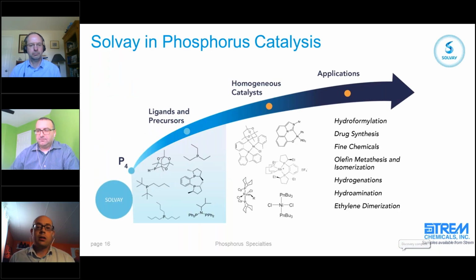So for us, our main area of focus is the synthesis of these ligands, as outlined previously. We have a variety of different systems that we're capable of, achiral and chiral systems, monodentate, bidentate, what have you. And in a lot of cases, we're supporting these to catalyst manufacturers or end use, and it covers a variety of different reactions.